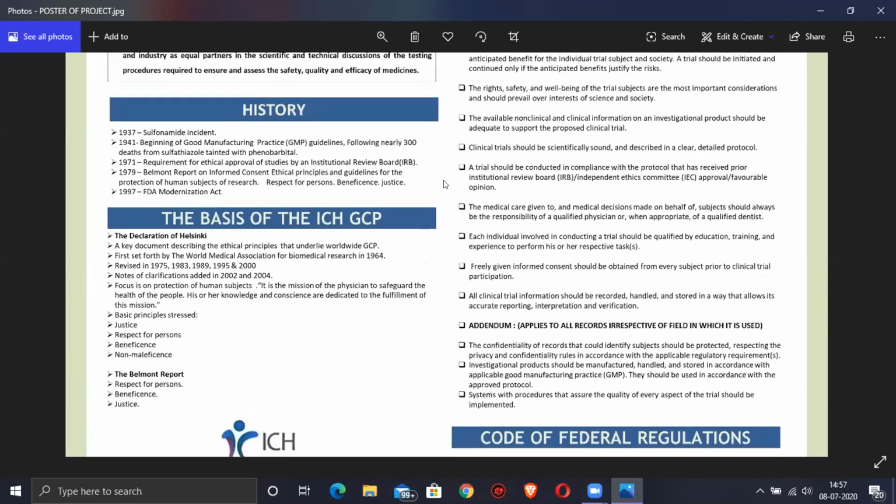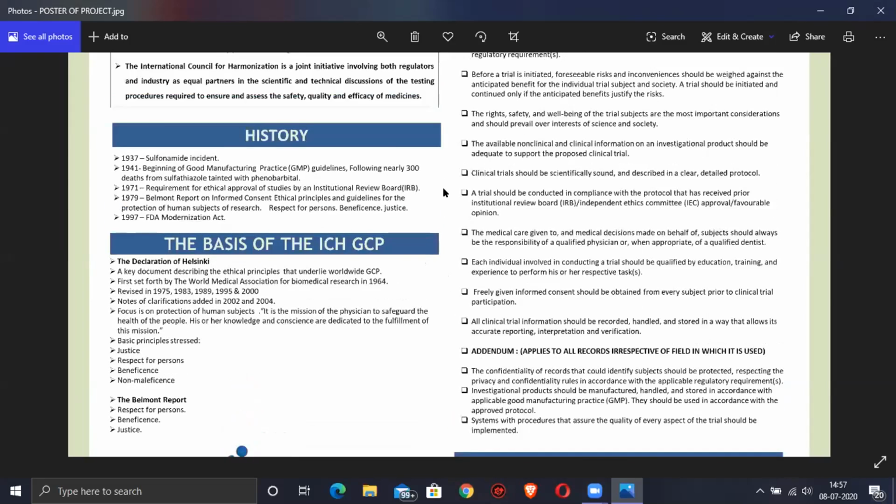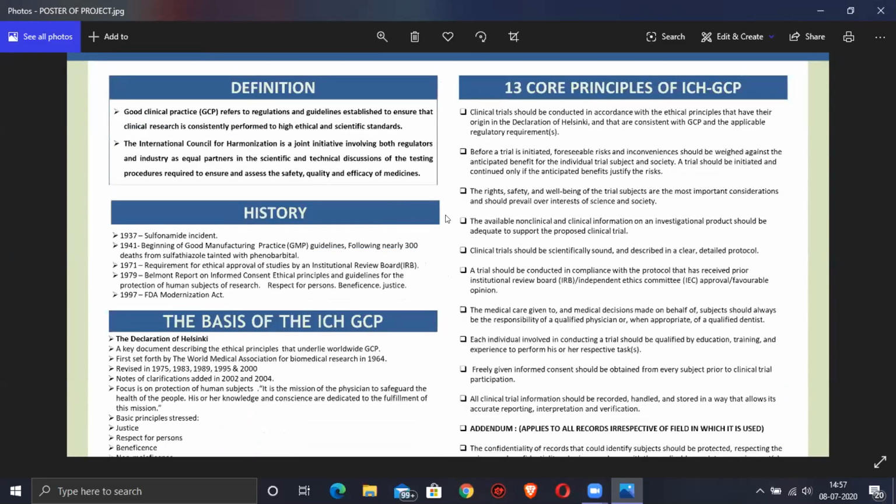Another thing I wanted to know is, can you tell me the historical event which laid the foundation of informed consent? Which tragedy or which event triggered the concept of informed consent? Ma'am, I don't know exactly which event led to informed consent, but I do know that in the past,